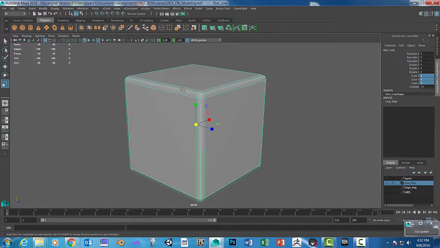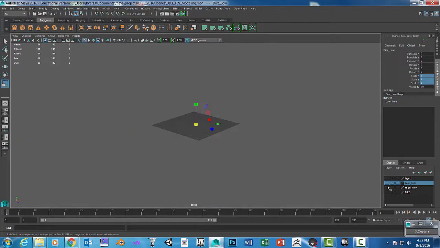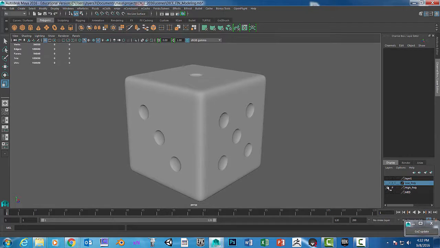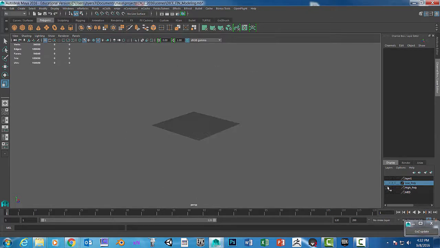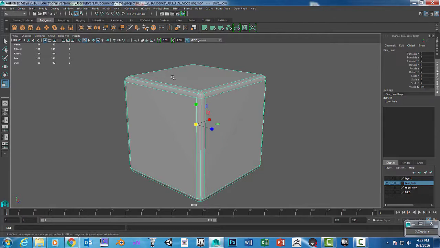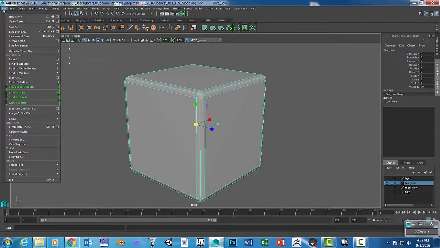So you have to have the low poly UV mapped. The high poly does not need to be UV mapped. In fact, you probably shouldn't do anything with that as far as UVs go. It's just going to be a placeholder for the high definition that we need to pull in the maps, the normal and ambient occlusion maps. So start with the low poly, highlight it, select it, go to File, Export Selection,